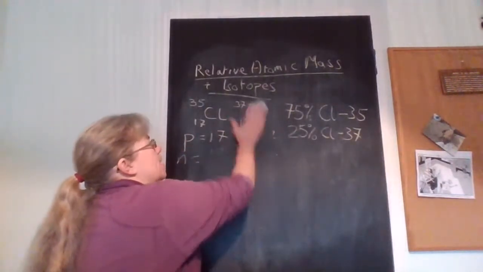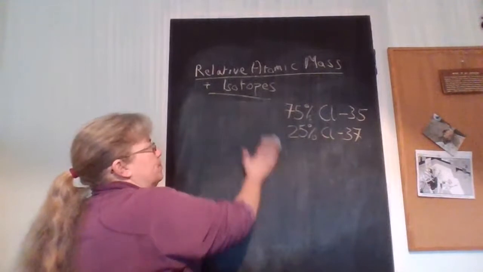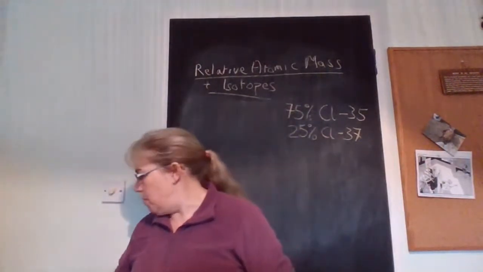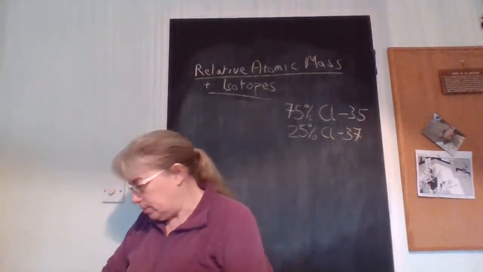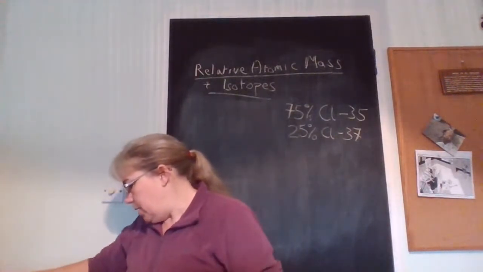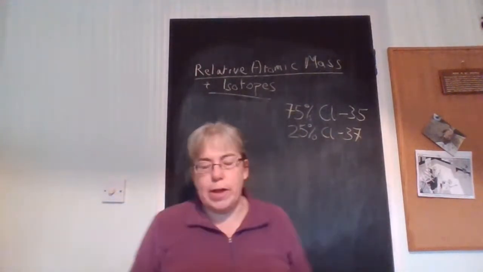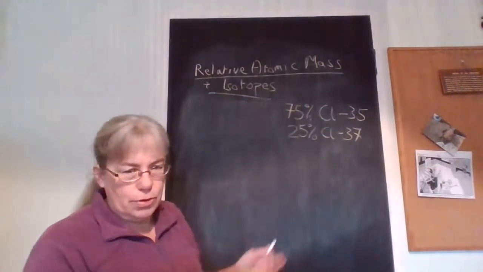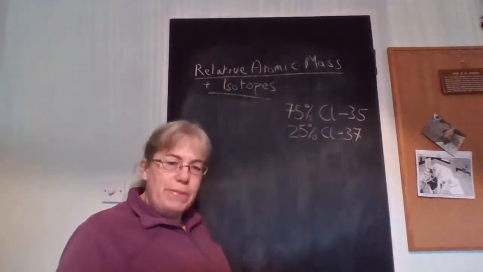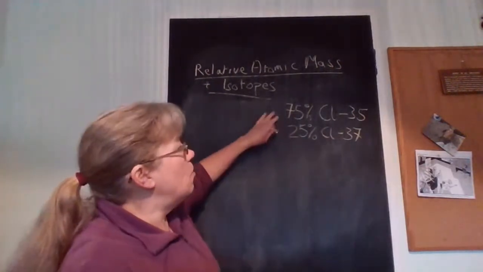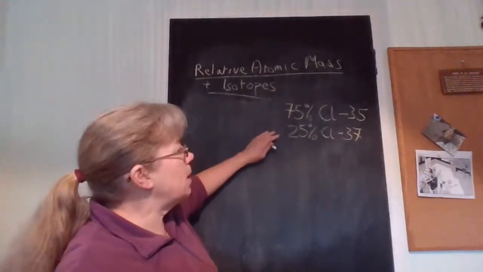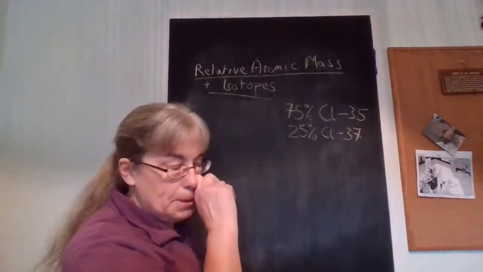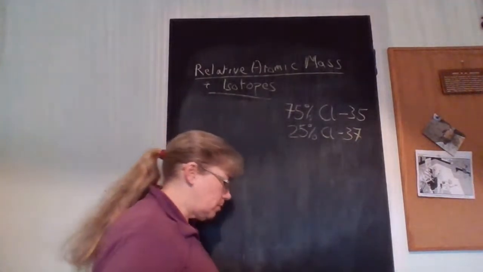And that makes it a little bit difficult, okay? Because when we want to think about these and moles and stuff like that, we want them to be balanced. So we have to work out the relative atomic mass, how many particles of things. We want to know the relative atomic mass of chlorine, the average atomic mass. Well, that's going to be quite difficult, isn't it? Well, sort of. What you do